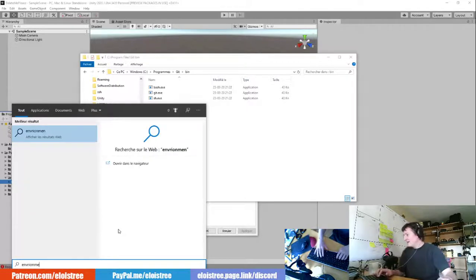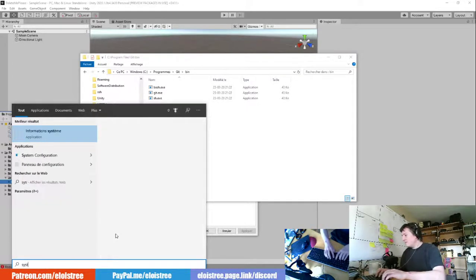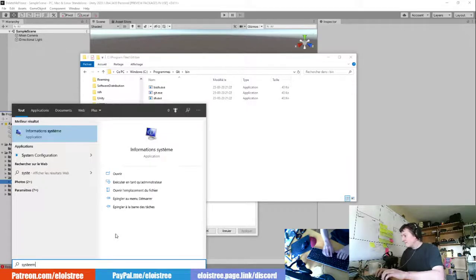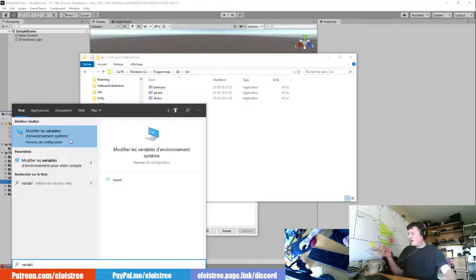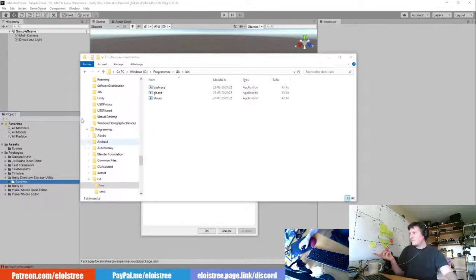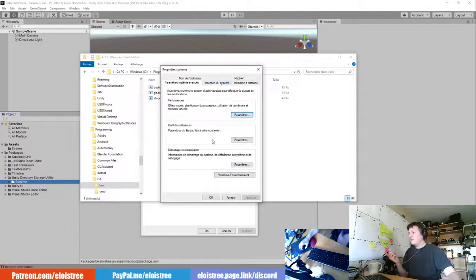Yeah, it's in French, but basically you're looking for something that is called environment system. Variable environment system. Okay. You have this window that will appear. You have variable d'environnement, so environment variable.